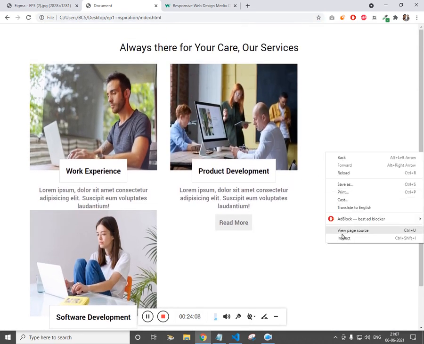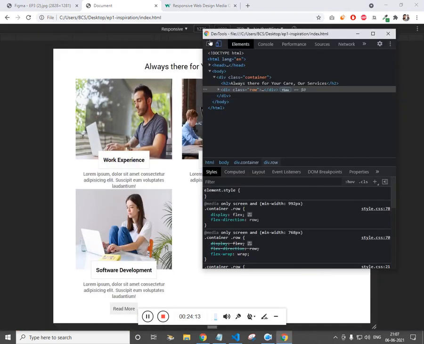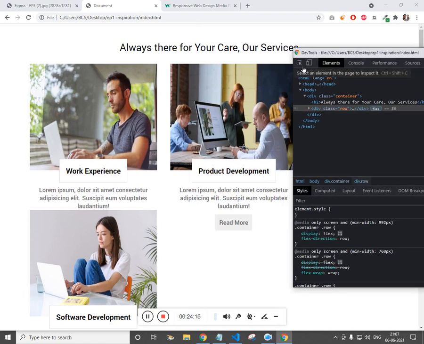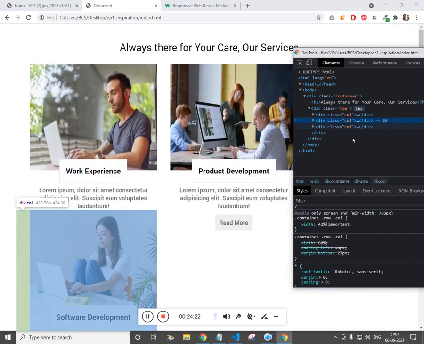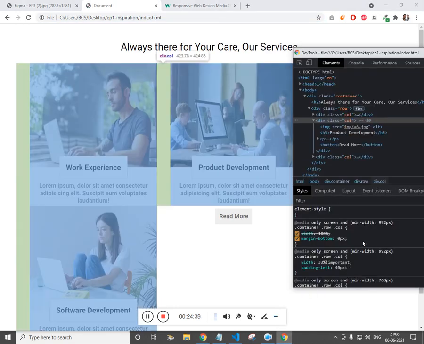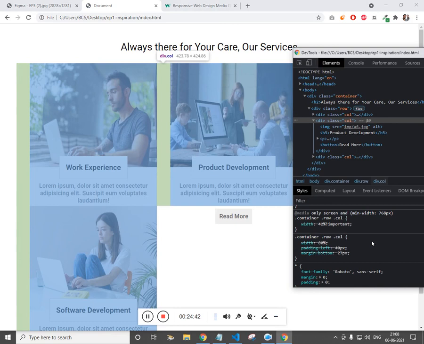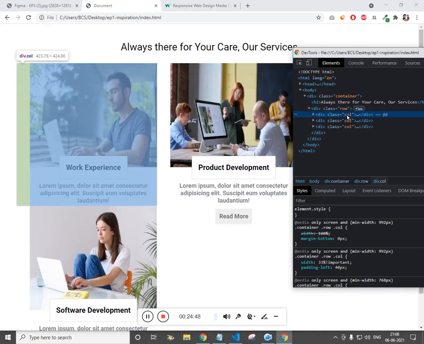actually it should be full width. Let's see what is the issue. Take this out so that we can clearly see what is the problem that we are facing. I think it should be flex wrap. Let's see what is overriding. We want the width to be 33%. Great. Is it because of padding? No, I don't think so. Refresh it. I think it is 33%.